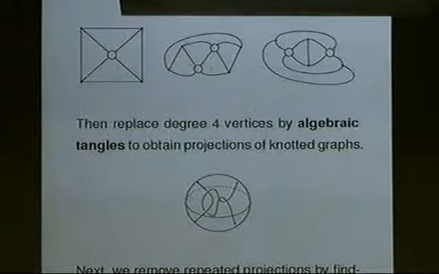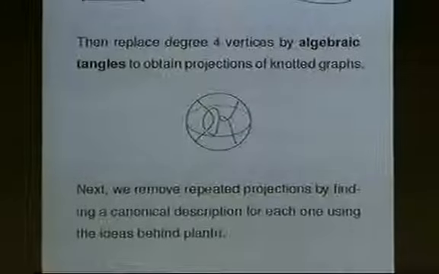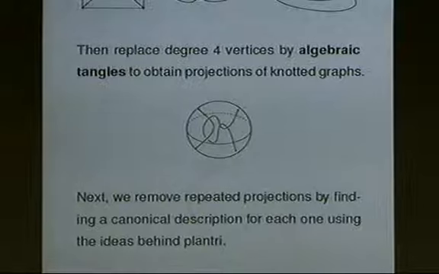Okay. So now if you have something like that, we want to remove a little neighbourhood of these 4-valent vertices. So you enlarge it to get sort of a circle, as in this picture. And then you want to fill in so-called algebraic tangles in each of those little circles. So this is basically Conway's procedure. I won't say exactly what algebraic tangles are, but they're sort of special kinds of, well,